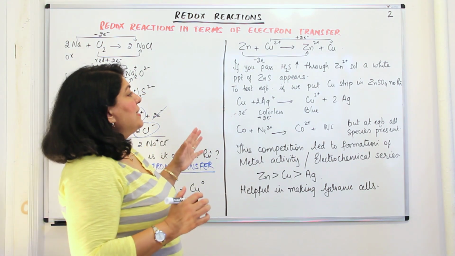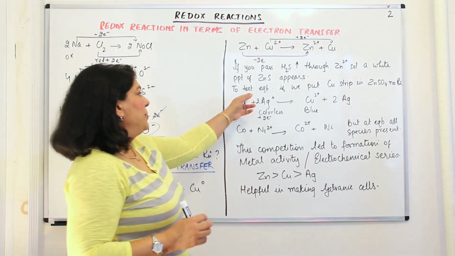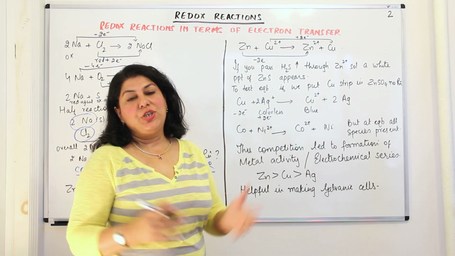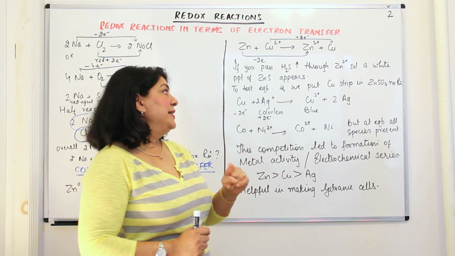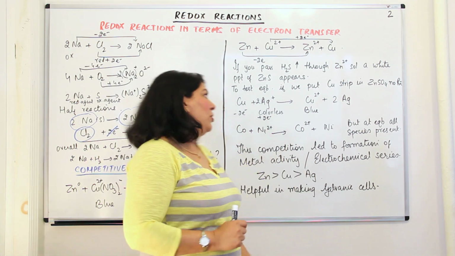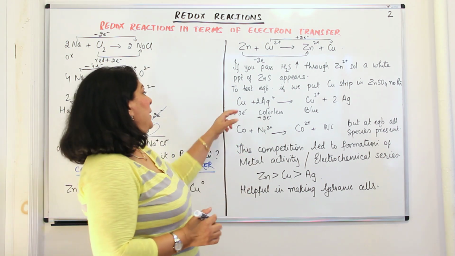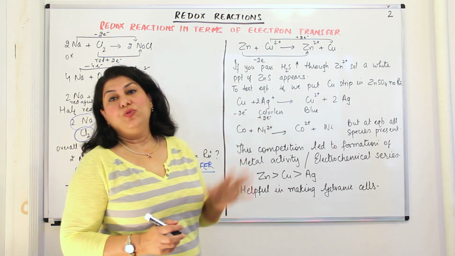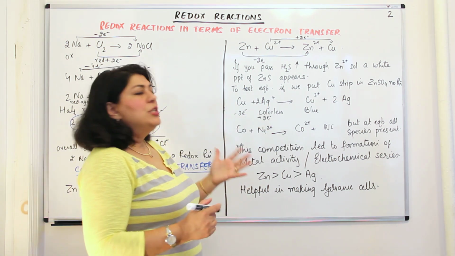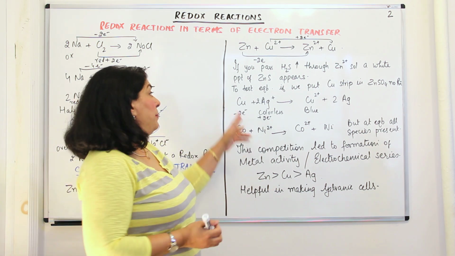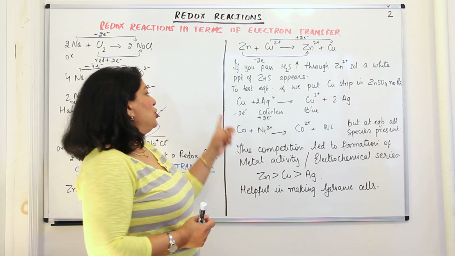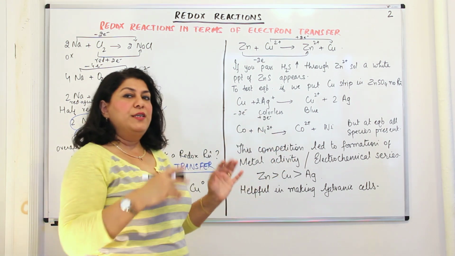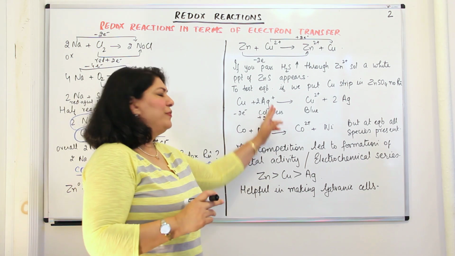And in order to test the equilibrium, if we put a copper strip into the zinc sulfate solution, as I just explained to you, the reaction does not occur because copper cannot displace zinc. Zinc can displace copper from its salt solution. We take another example. Copper reacts with a solution of a silver salt. Silver salts are usually colorless in nature, but copper salts are blue in color. So we notice that when you dip a copper rod in a silver nitrate solution or any solution of silver ions,